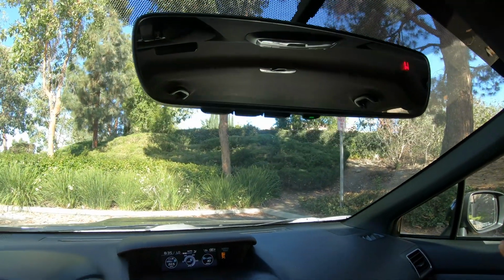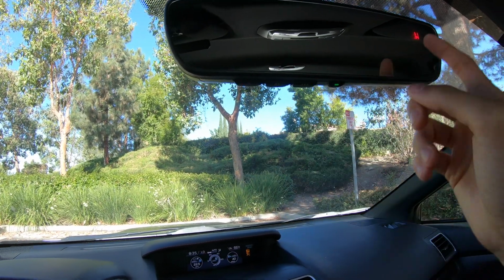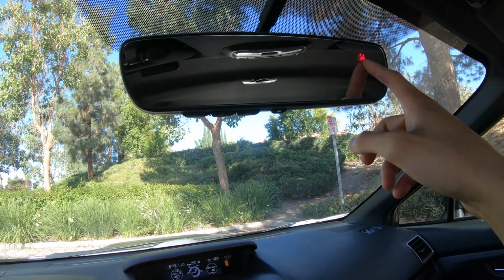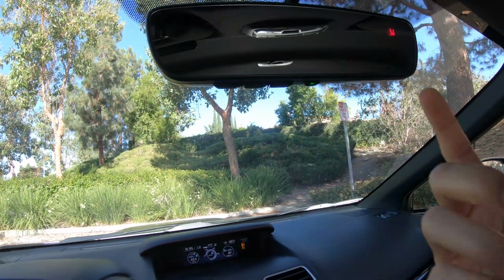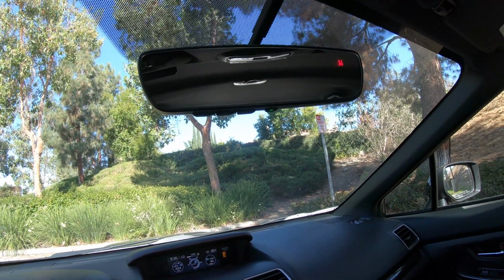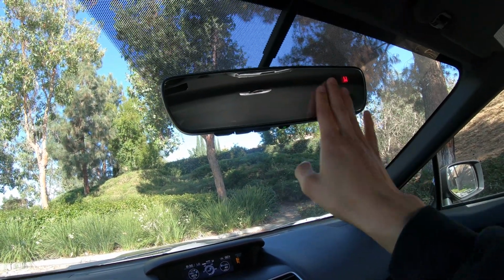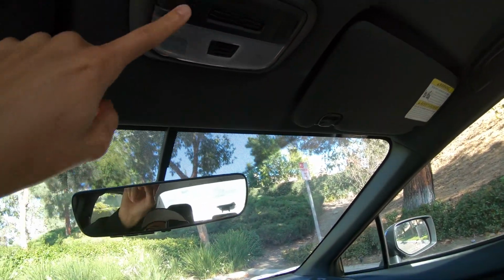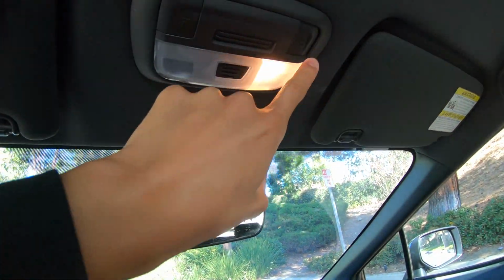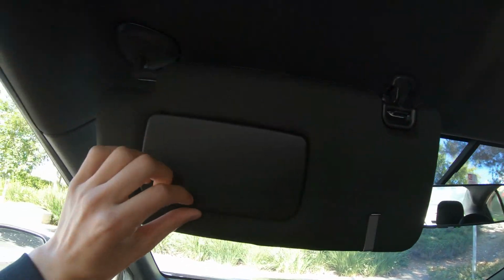Right here, it has the HomeLink, so you can open garages. It also has this compass right here, which I don't really use, but it's cool to have. This also has an auto dimmer, so if someone has their really high beams on, annoying people, you can press it to dim this rearview mirror. The lights are halogen, not LEDs, which honestly I don't really care. You have this right here,